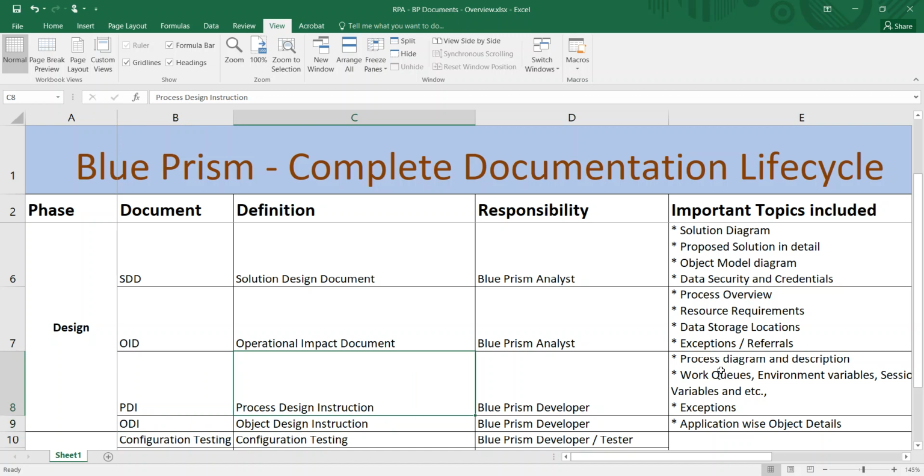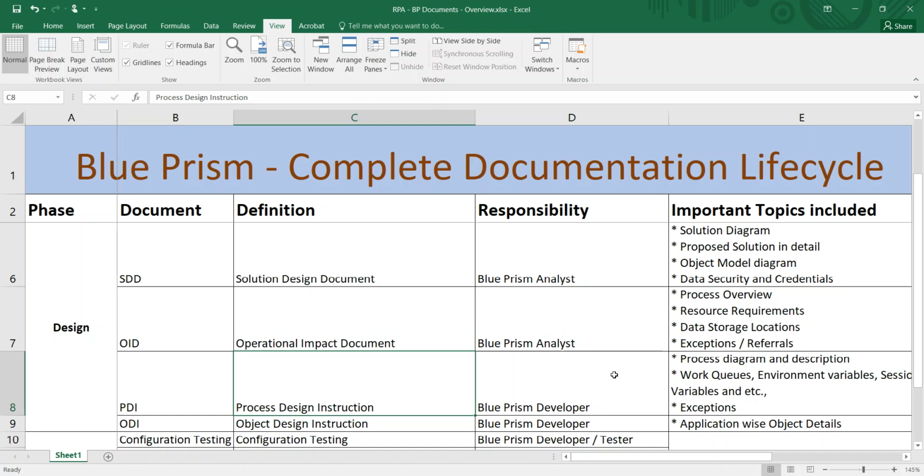The process design instruction contains all the processes included in this automation, the work queues, environment variables, session variables, and environment logs available in the process, and how exceptions will be handled. What objects are involved in this automation will be covered in the object design instruction.